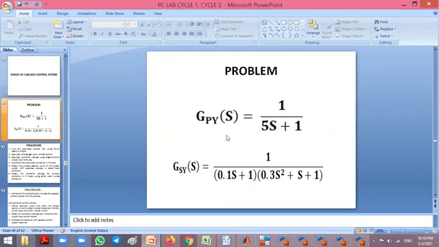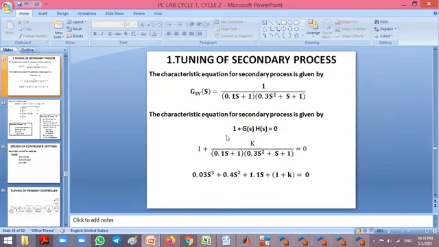Okay. So first, in this design, what we have to do is tune the secondary process first. So the secondary process that we have given is 1 by 0.1 S plus 1 into 0.3 S square plus S plus 1. We are going to do this manually, theoretically. Okay, we can do it in simulation also, but it will be time consuming, so we are going to do it in theoretical approach. Okay,